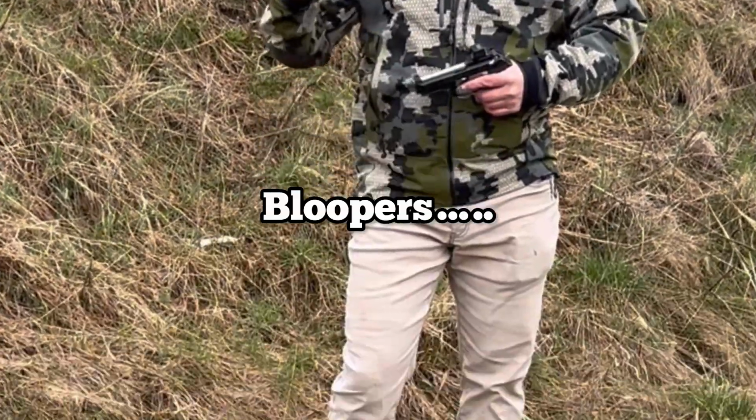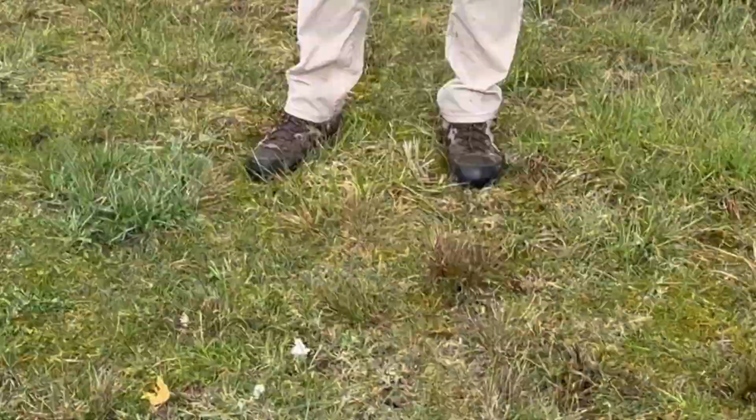G Series Elite from Langdon Tactical. Boom. Boom. This gun, while it's operating,